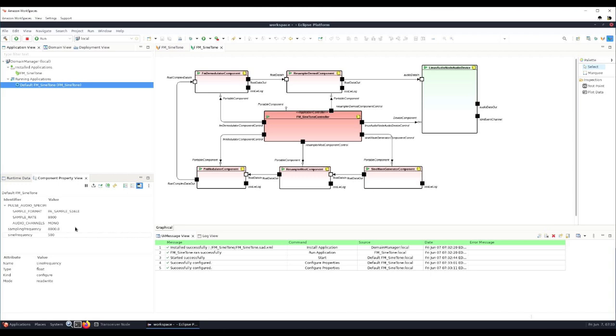Another interesting feature of the Echo Inspector tool is its capability to plot data coming out of the components. This is possible because the SCA is a component-based environment. So let's plot the output of the FM modulator to see that the tone is truly FM modulated.